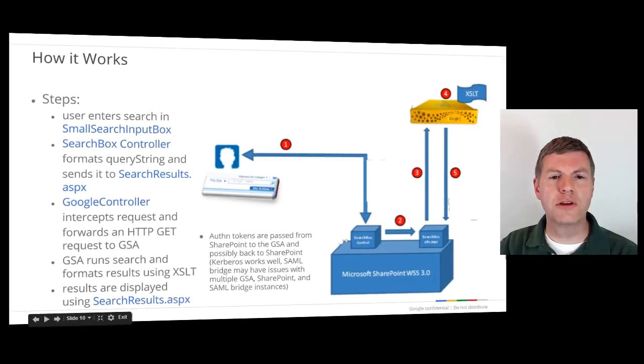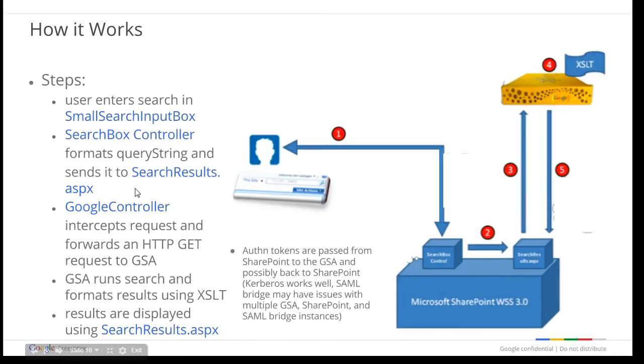Here's what happens when a user runs a search using the SharePoint Search Box. The user enters their search query into a field named Small Search Input Box. This field, along with other form fields, is submitted to Searchbox Controller, which formats the query string and sends it to searchresults.aspx. Within this file, an HTTP GET request is constructed by Google Controller and sent to the GSA, along with